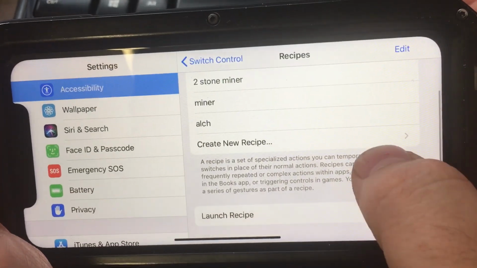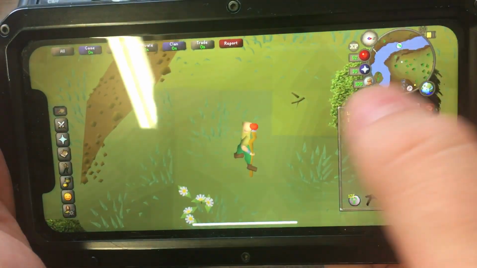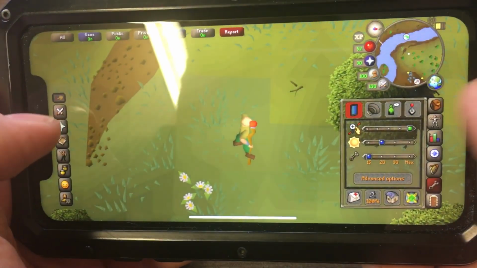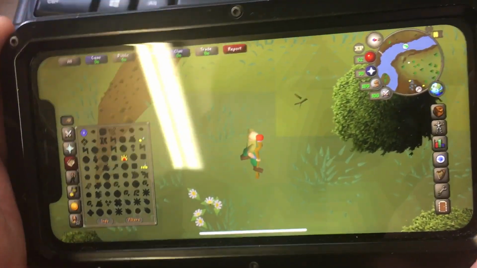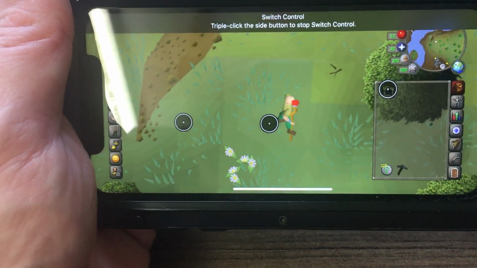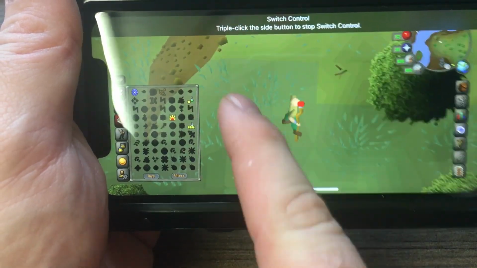Back to recipes, launch Alch. When you go back into OSRS, make sure that it's zoomed all the way into the character and tilted up. You change your settings to 15 frames per second. Open up your magic screen. Turn on switch control. And then tap. And again, for multiple taps, just